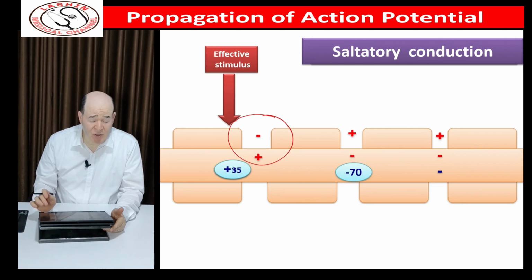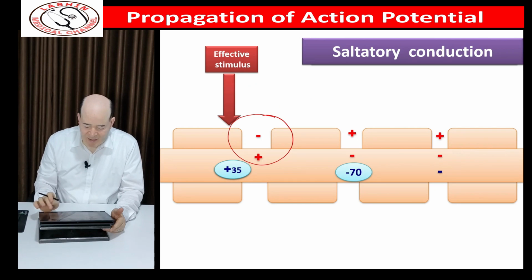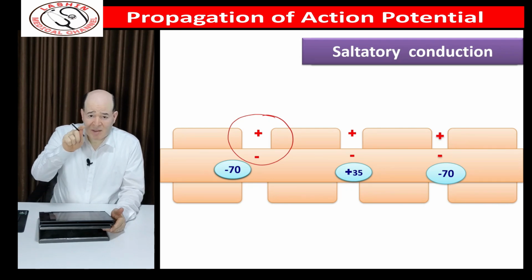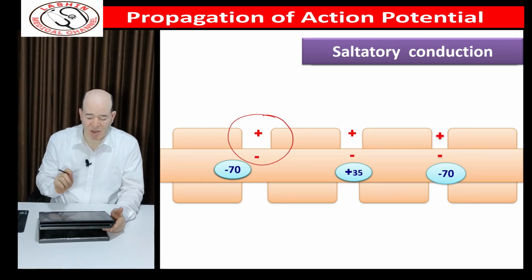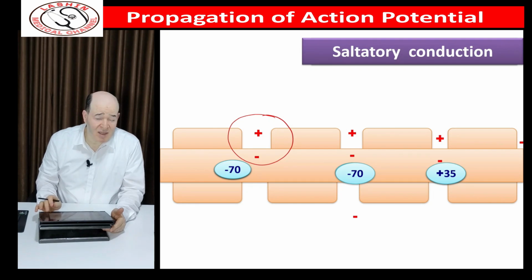This creates a potential difference between this point and the neighboring point. A current is formed that results in depolarization of the neighboring node. Then the process repeats itself between the newly depolarized area and the next neighboring node and so on till reaching the end of the nerve. As we said, this process needs less energy and